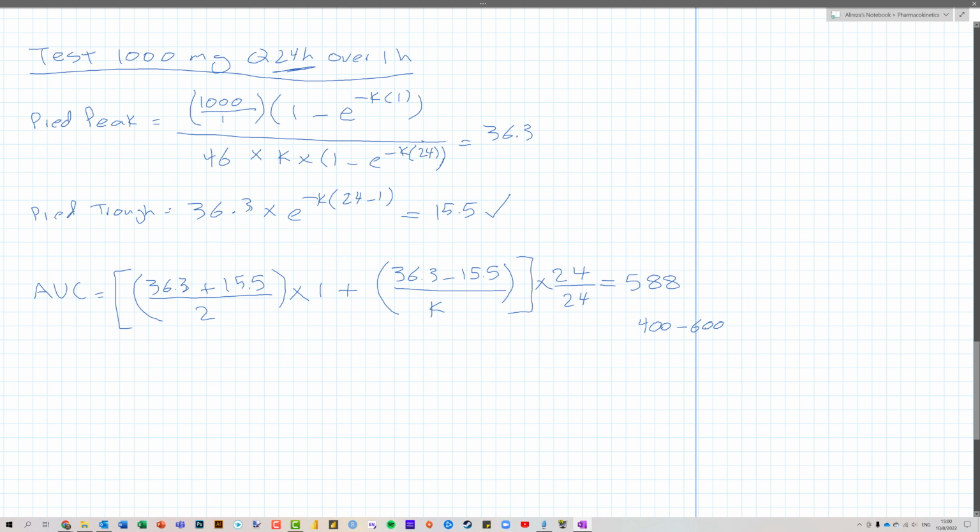Okay, now before we actually recommend this, let's also test what the AUC would be. So, predicted AUC would be, so we're gonna use these two numbers. So this is 47.4 plus 16.3. This is divided by 2, and this is times time of infusion, which is 1.5, and then we add the difference of peak and trough, 47.4 minus 16.3 divided by k,